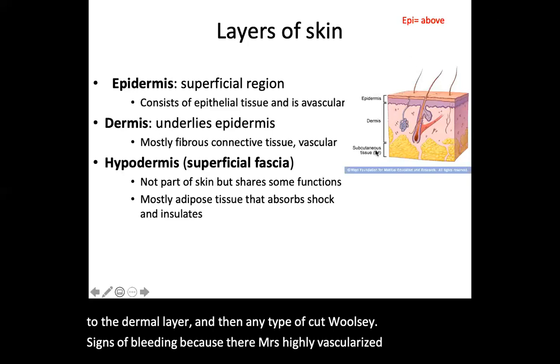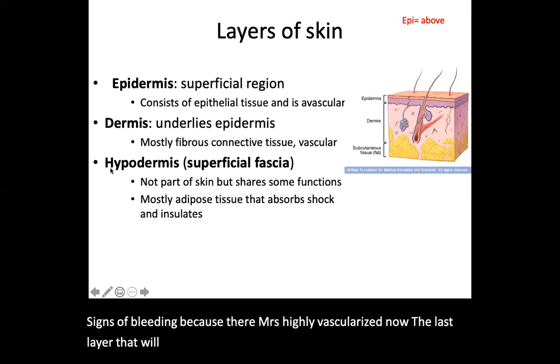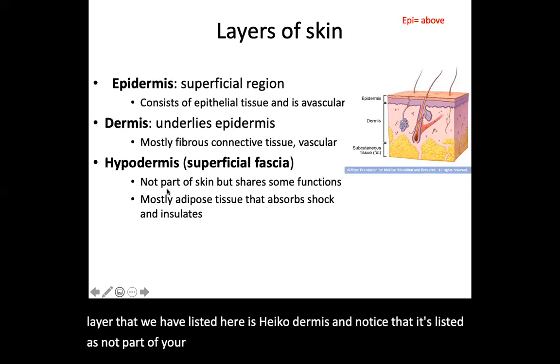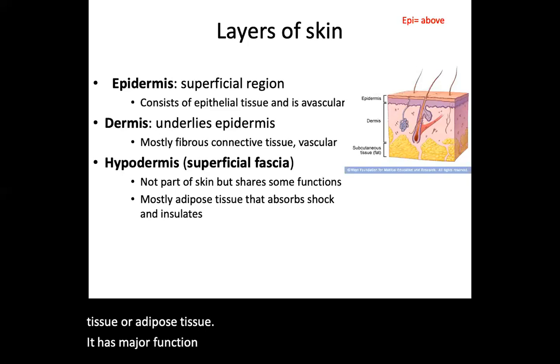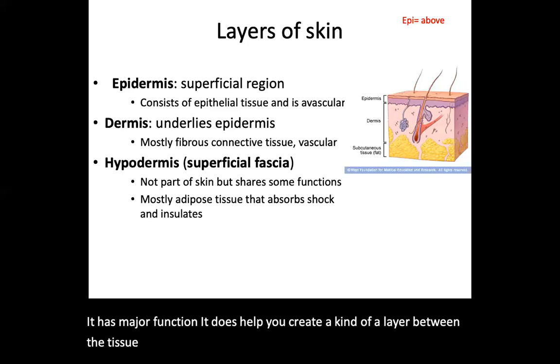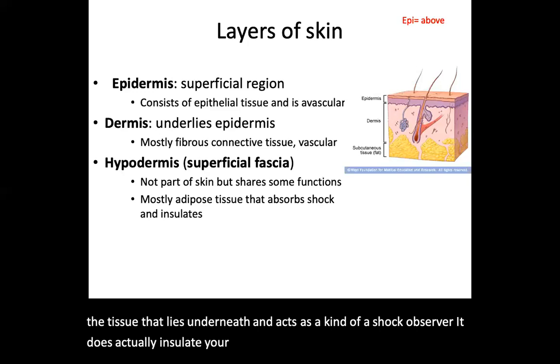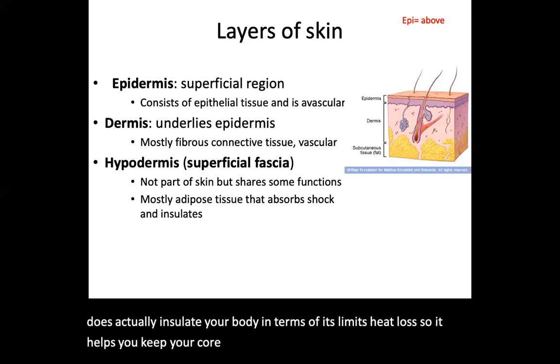Now, the last layer that we have listed here is the hypodermis. And notice that it's listed as not part of your skin layers. What the hypodermis is, basically, is fat tissue or adipose tissue. It has a major function. It helps create a layer between the tissue that lies underneath and acts as a kind of shock absorber. It also insulates your body by limiting heat loss, so it helps you keep your core temperature constant, but it technically is not part of your